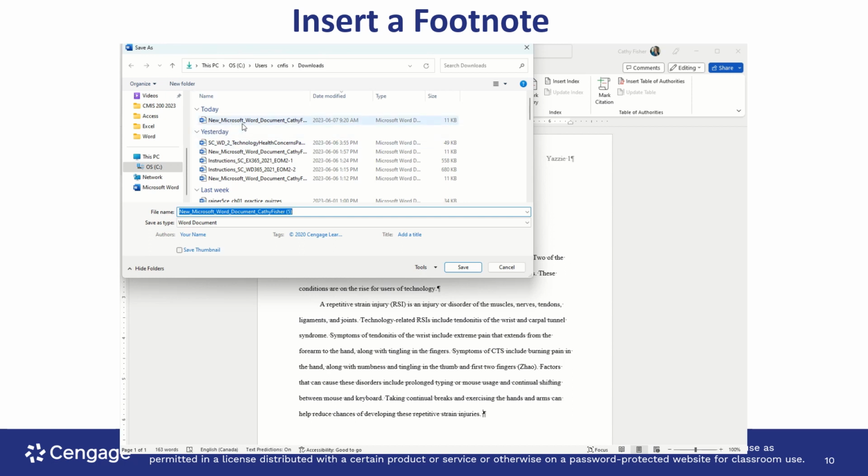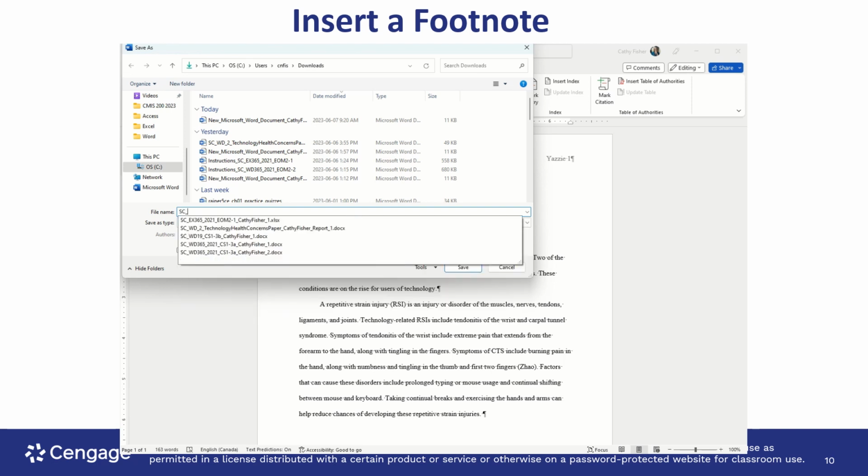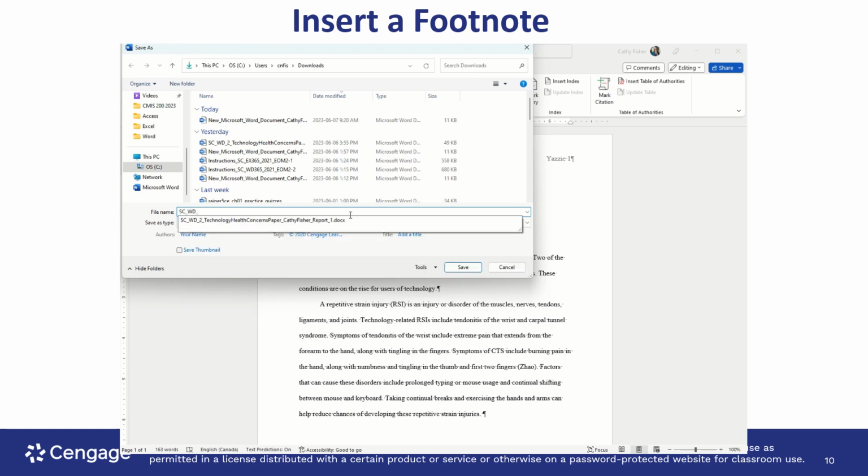My save as, I want it to be called... we have a save that I must have missed back here somewhere, about what we're actually calling this paper. Must have missed it somewhere. Can't remember what it's called. Okay, so it is called, let's just get rid of all that. It is called SC underscore WD underscore 2 underscore technology health